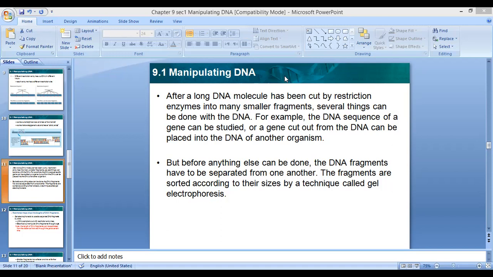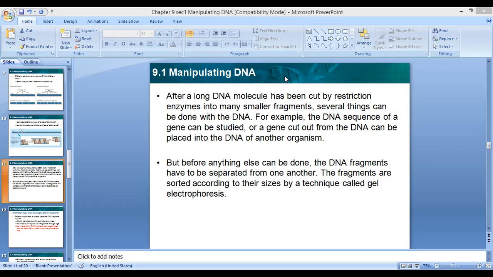But before anything else can be done, قبل ما نعمل هذا كله, the DNA fragments have to be separated from one another. أنا عملت لهم cutting. أنا هم عبارة عن mixture. الدي ان اي صح كامل بس مقسم لبيسز مخلوطين مع بعضهم الفراجمنت. I have to separate these DNA fragments from one another. كيف نعمل separation للفراجمنت؟